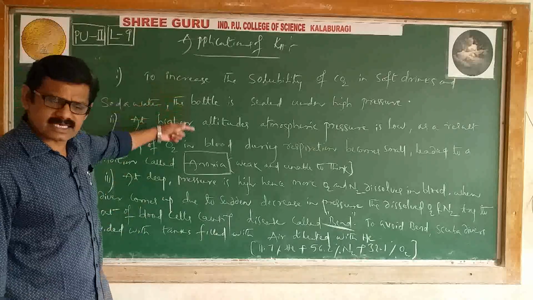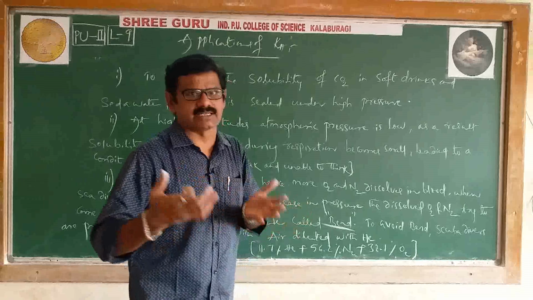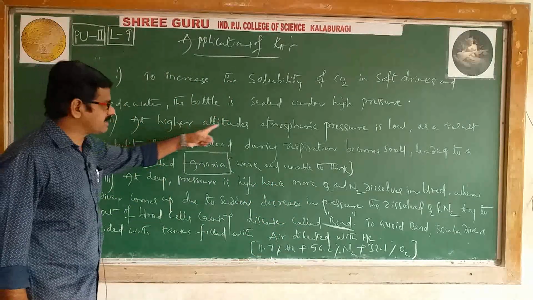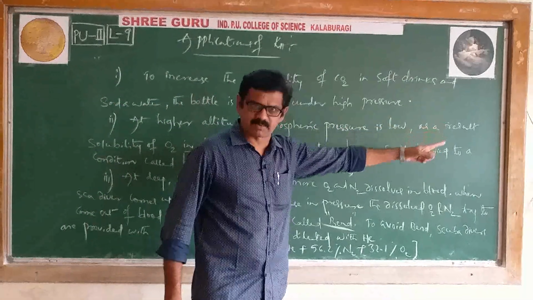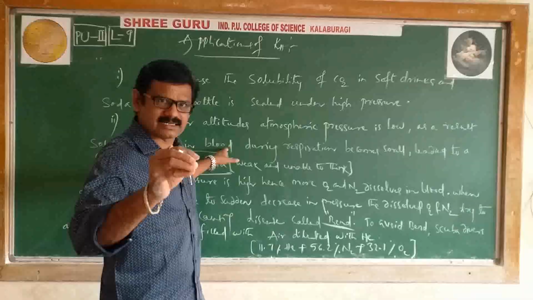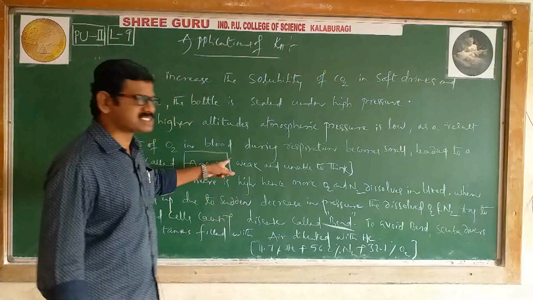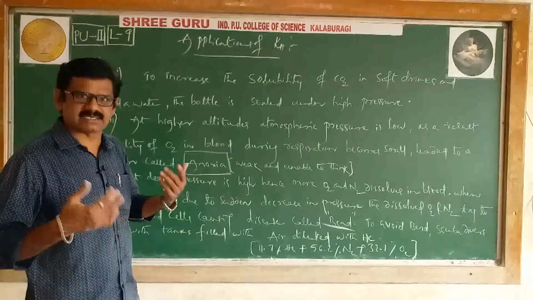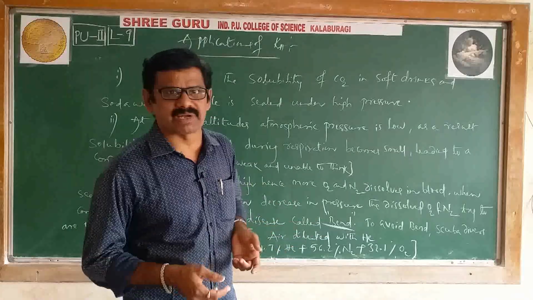These are the general points only. If you read two or three times, you can understand easily. Second point we'll see once again. At higher altitudes, atmospheric pressure is less. Because of less atmospheric pressure, less oxygen will be dissolved in the blood. Because of that reason, the anoxia condition is obtained. What is anoxia? Weakness, and the brain will not work properly.